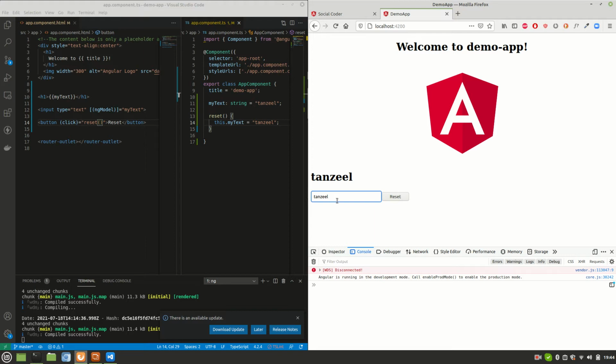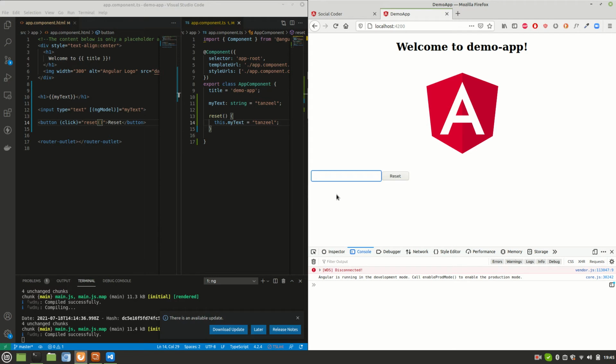See, this is what we call two-way binding. The logic is interacting with the template, and the template is interacting with the logic at the same time. Both of them are working in sync with each other, the HTML and the TypeScript part. So that's how two-way binding is done. There's nothing much to talk about with two-way binding, this ng model thing.